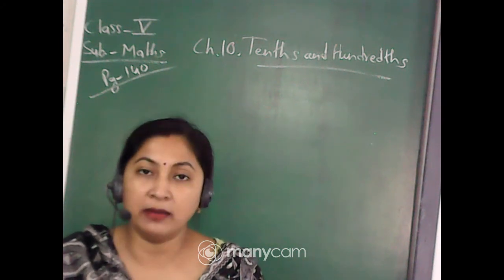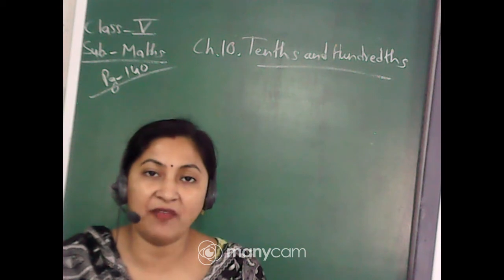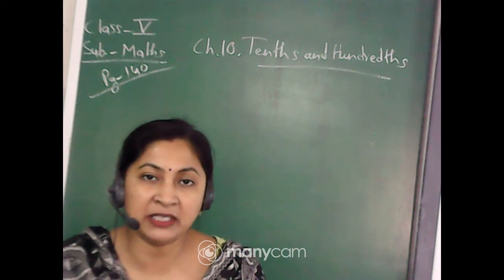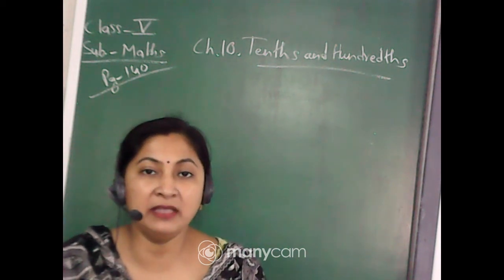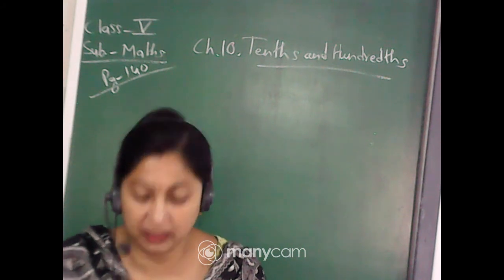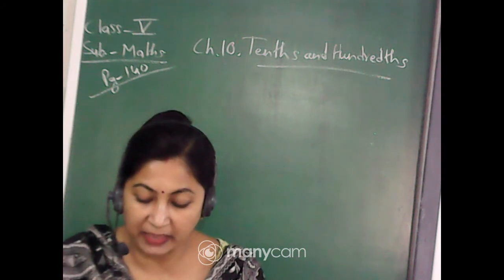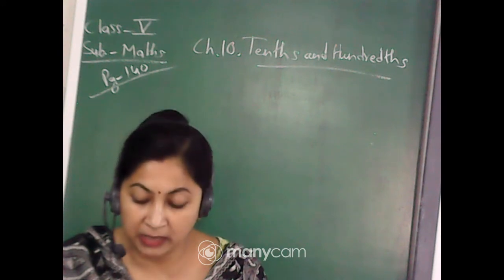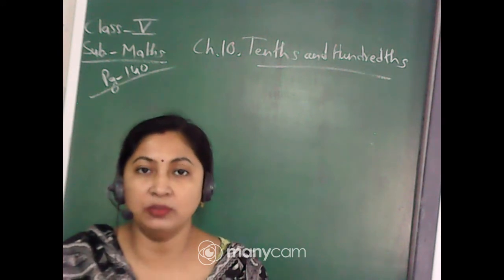See, rupee 1 by 2, that means rupees half. As you know, 1 rupee means 100 paise, isn't it? So half rupee means half of 100, that is 50 paise. So here it is matching with 50 paise, and for rupees it is rupees 0.50. This way you will calculate.